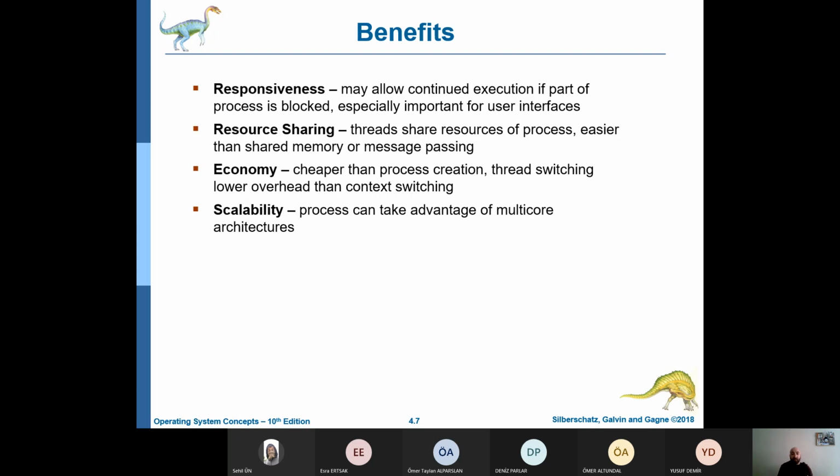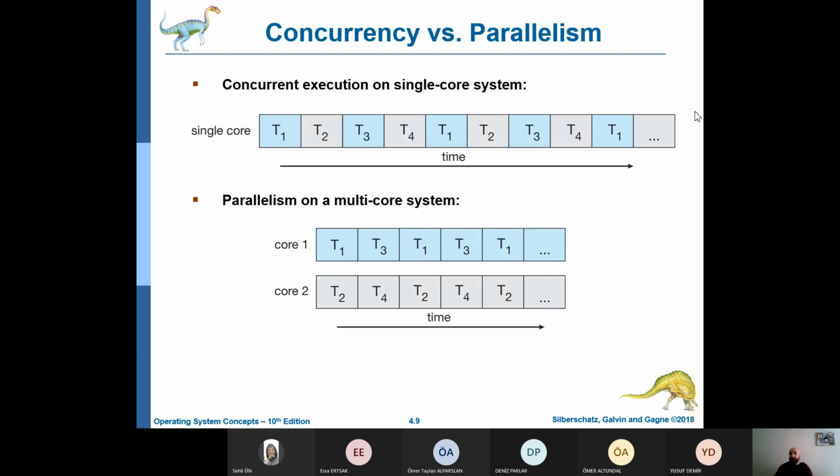Aynı anda sadece tek bir core üzerinde çalışabilir. Ama bir prosesi birden fazla thread'e bölerseniz, T1, T2, T3 ve T4'ün aynı prosesin threadleri olduğunu düşünelim. Ne olur? T1, T3 bir core'da çalışırken T2, T4 farklı bir core'da çalışabilir.